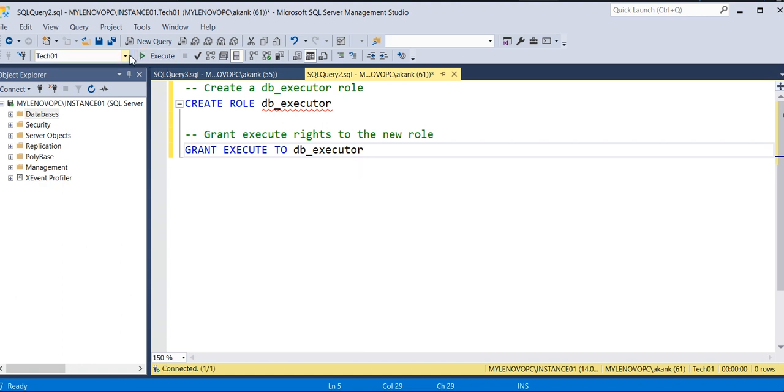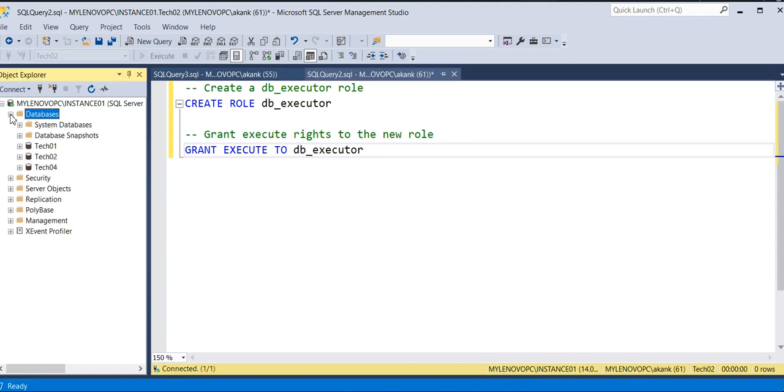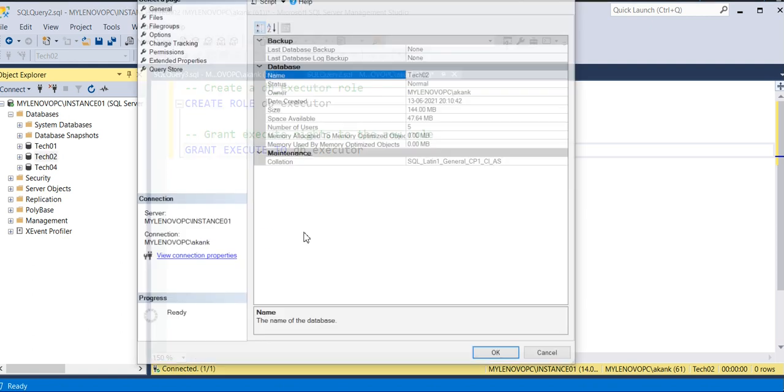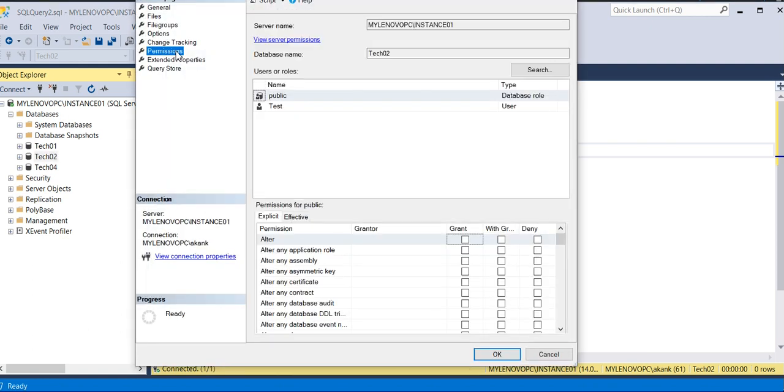So let me select the database here. I'm creating the role on the database tech02. Before that, I will check that there is no role created on database tech02. If you come to permission, there are no roles here.